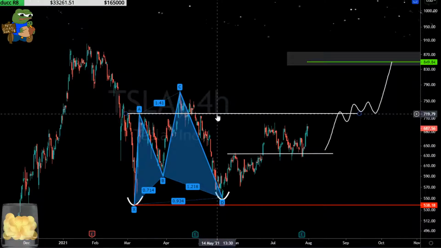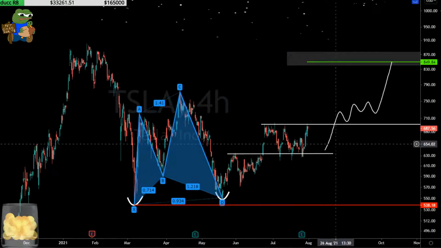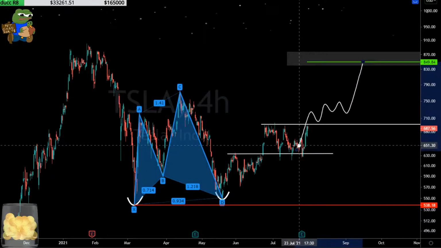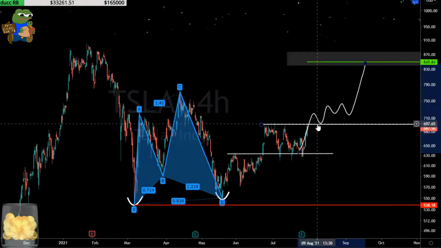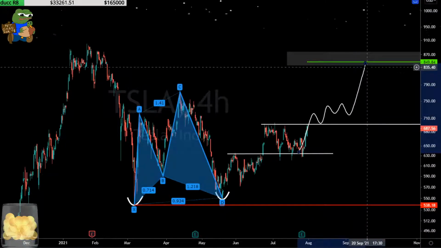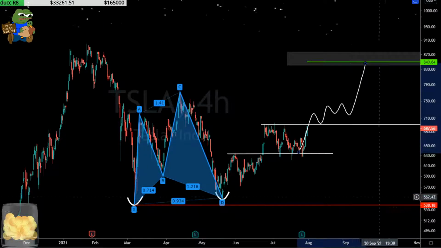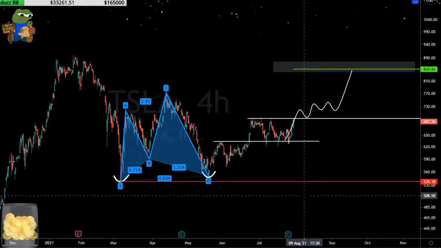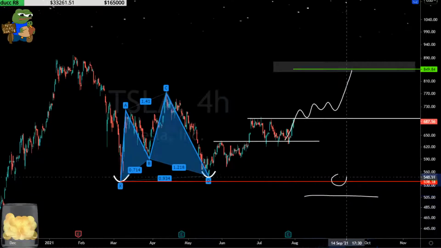And let's go. So look, we're working on that go. Again, pretty critical little area right here that if we can break, just like we have now identified here, we're looking for this to now break, back test, paint a higher low, higher highs, higher lows, and then rally up to that 850 area. You know, a lot of people were calling 500 on this. 500 remains to be right here. Dime was after me, trying to stop me out.